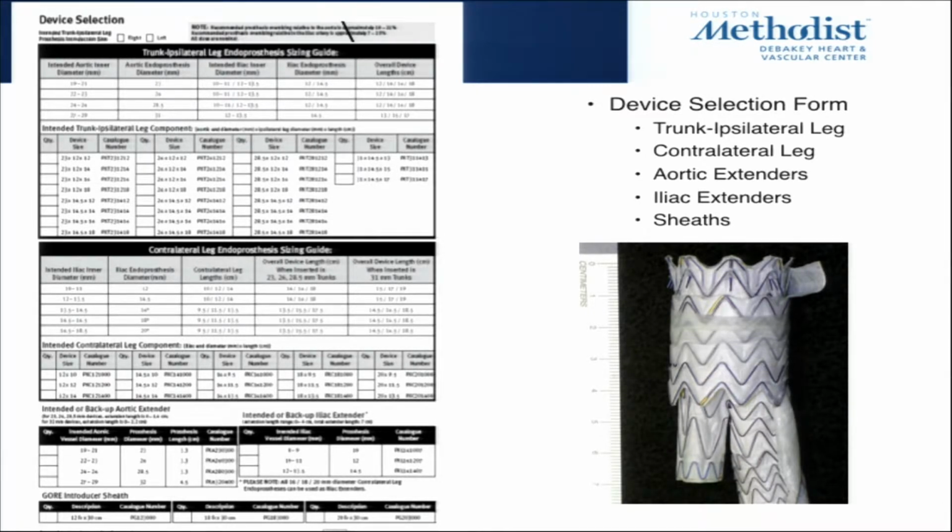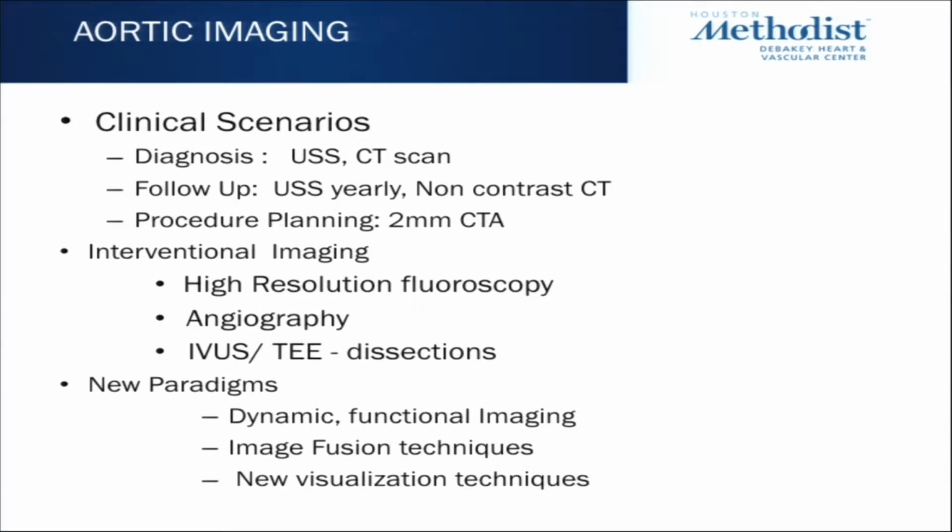And you come up the opposite iliac artery, you fish out that hole, you put a wire up through that hole, and then you put an iliac extender limb. So this is kind of like an erector set for adults. You've got all these different components. You try to do this with the minimum number of components because component separation is another issue, which actually occurs